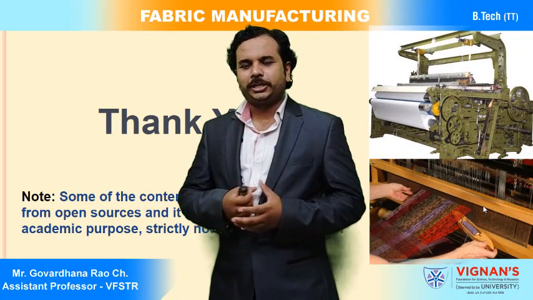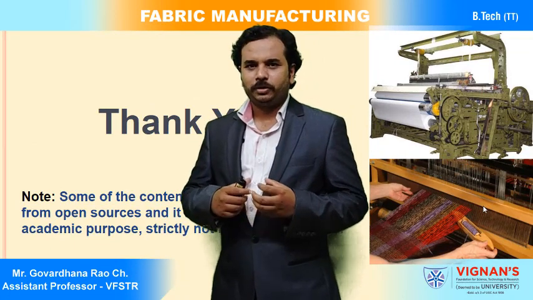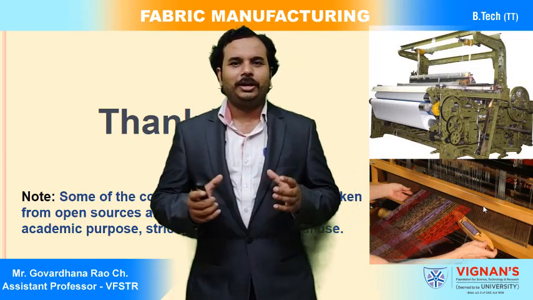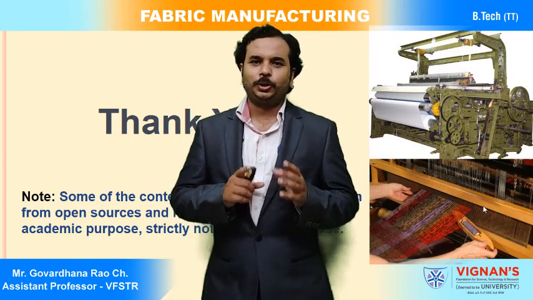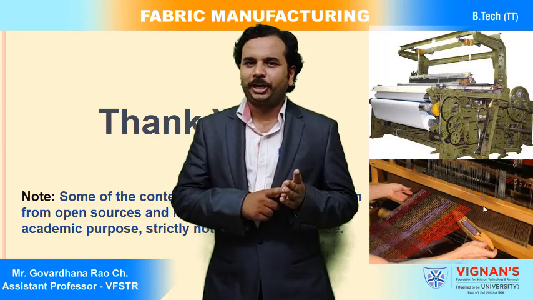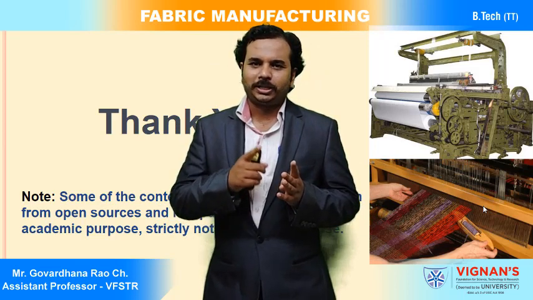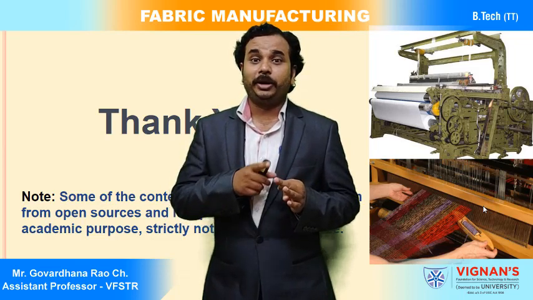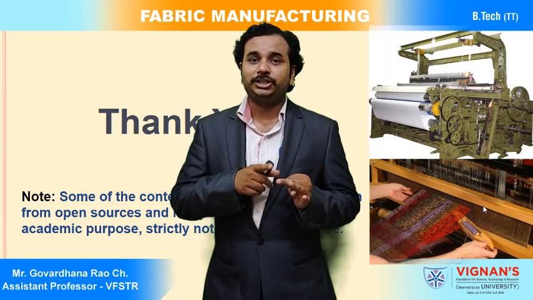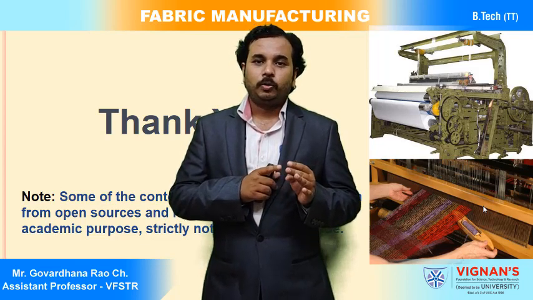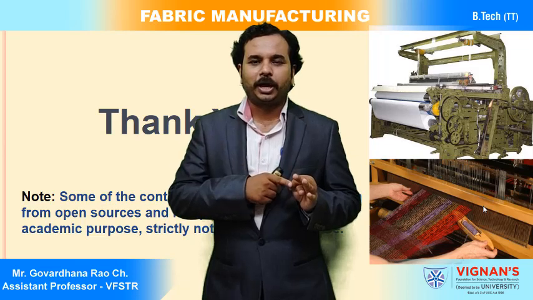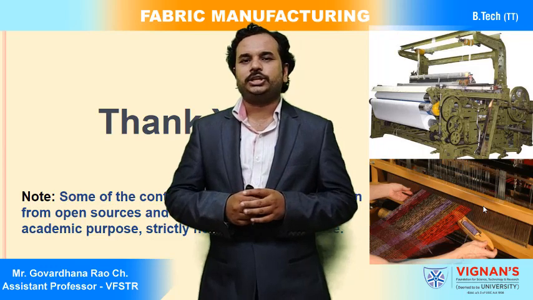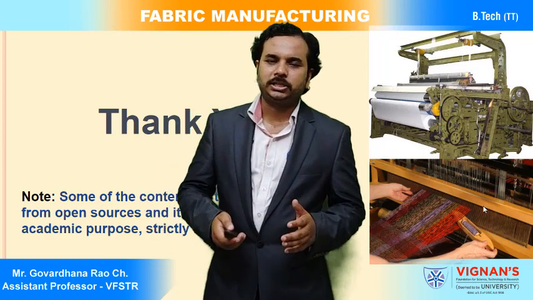Okay, so you can understand what exactly the beat-up mechanism is. In this session we have discussed picking mechanisms in the two conventional looms, that is Shuttle looms: the cone over pick mechanism and the cone under pick mechanism. We have also discussed the beat-up mechanism, which is there in the Shuttle looms. So two picking mechanisms and one beat-up mechanism we have seen this session. In the next session we will discuss